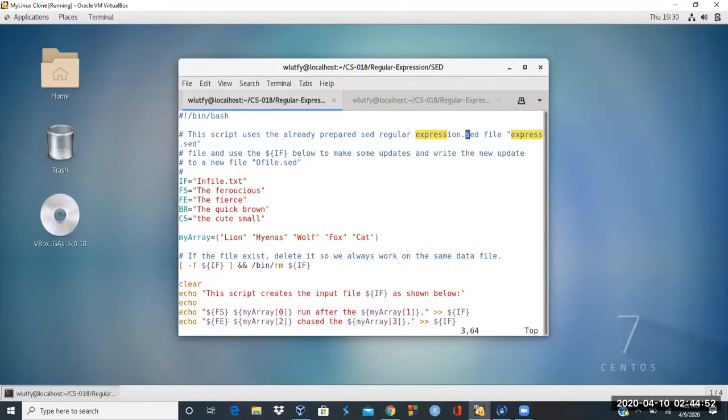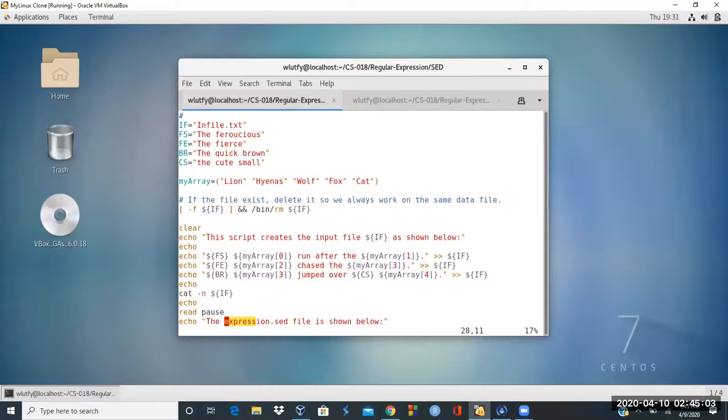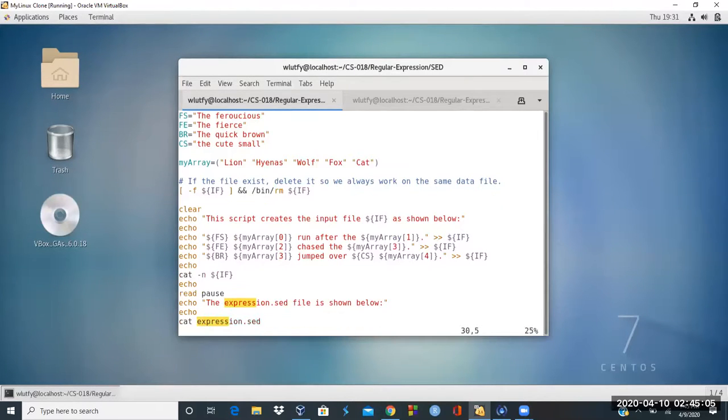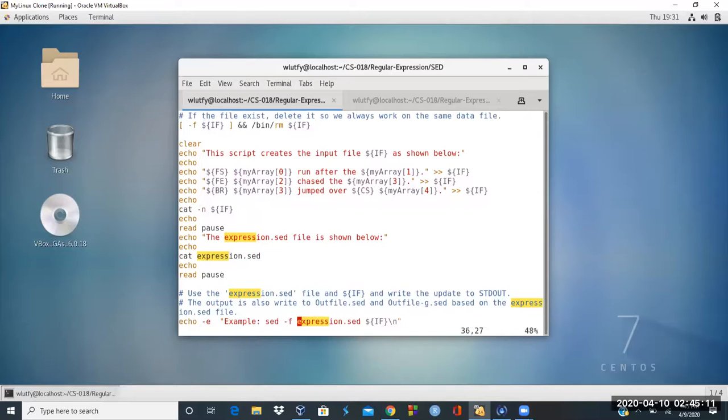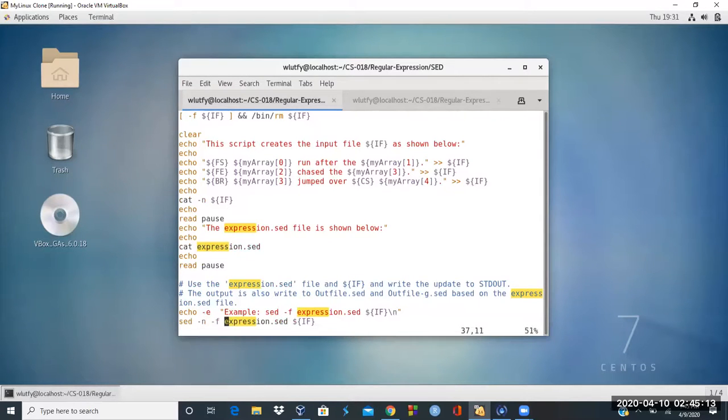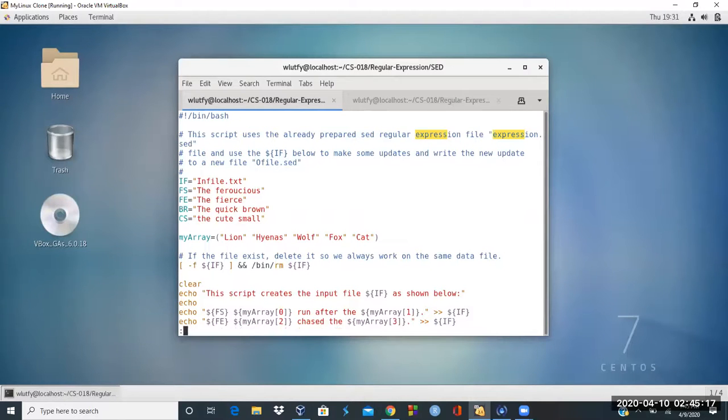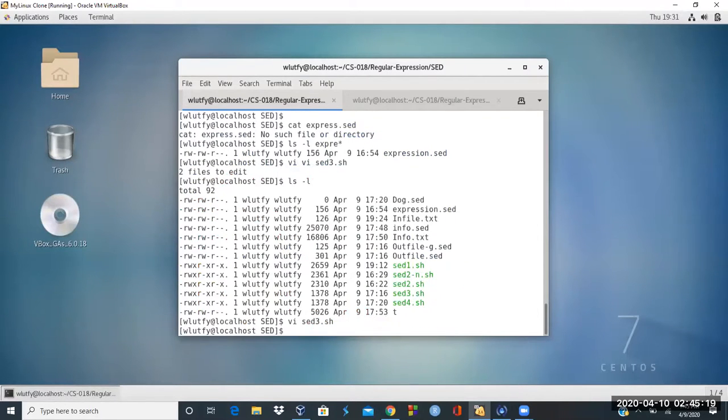Okay, in this case, this is regular expression, and then expression dot set file, and expression dot set. Okay, one place I had a typo, expression dot set. Okay, it was in the comment section, it wouldn't hurt anything. So now I go